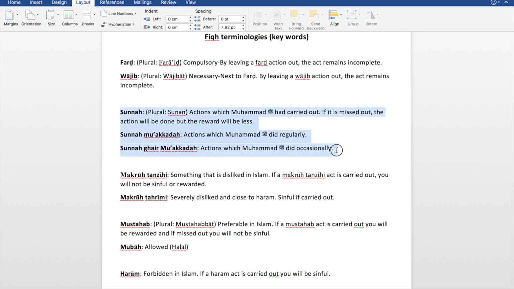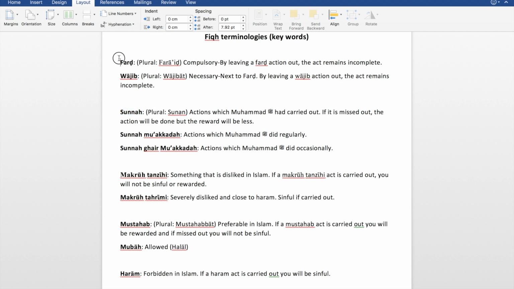Okay, so now this is done. So we learned that Sunnah means those things that the Prophet Muhammad ﷺ used to do. And then we said Sunnah is of two types. Sunnah Mu'akkada, which is heavily emphasized, we have to do them, and those things that the Prophet ﷺ used to do all the time. And Sunnah Ghair Mu'akkada, we don't have to do them because the Prophet ﷺ done them occasionally. But it's good to do them, obviously. It's very rewarding. We should try and do them to the best of our ability.